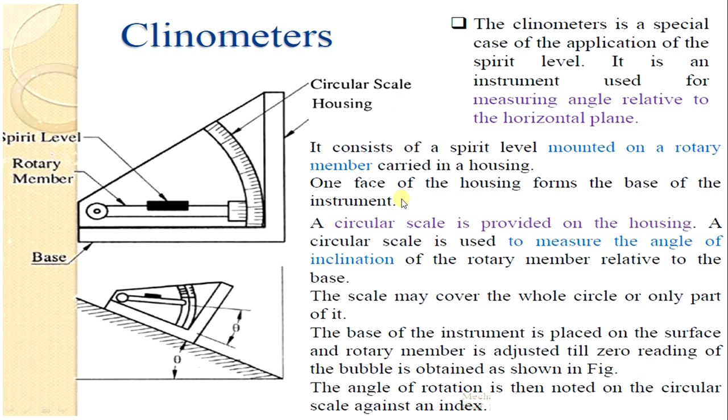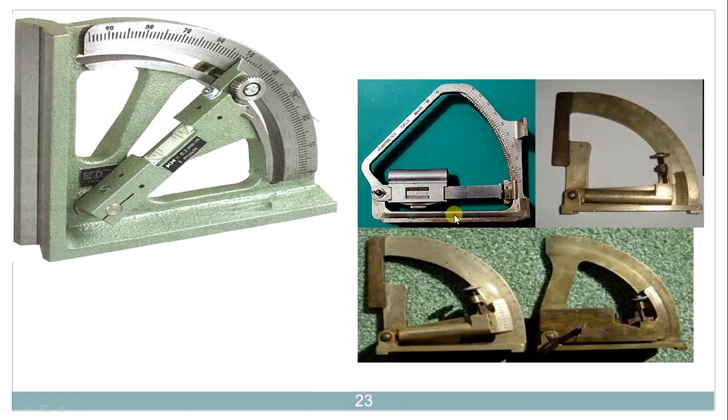Then we have a further application of the spirit level called the clinometer. The clinometer has edges, or what we call a housing and base for supporting purposes, which can be set for measuring the angle, maybe theta. So it is an instrument used for measuring the angle relative to the horizontal plane, please remember. Separately we have a circular housing on which graduations are provided. The actual clinometer will look like this, which has a small spirit level in combination. So one is the housing, one is the circular instrument.